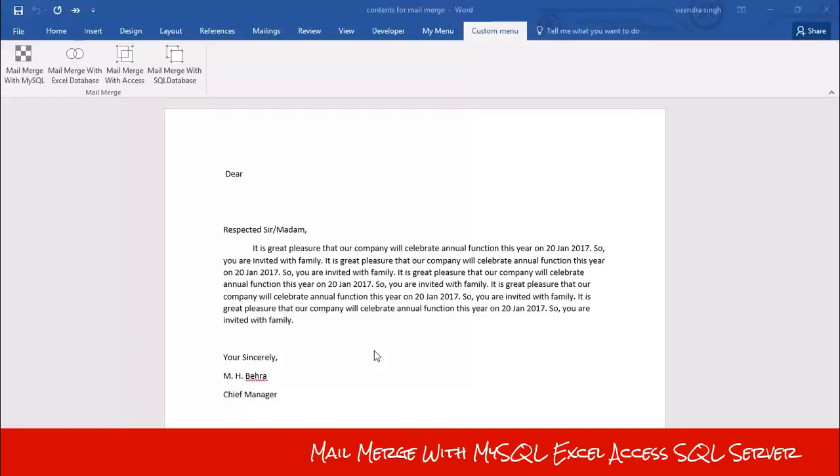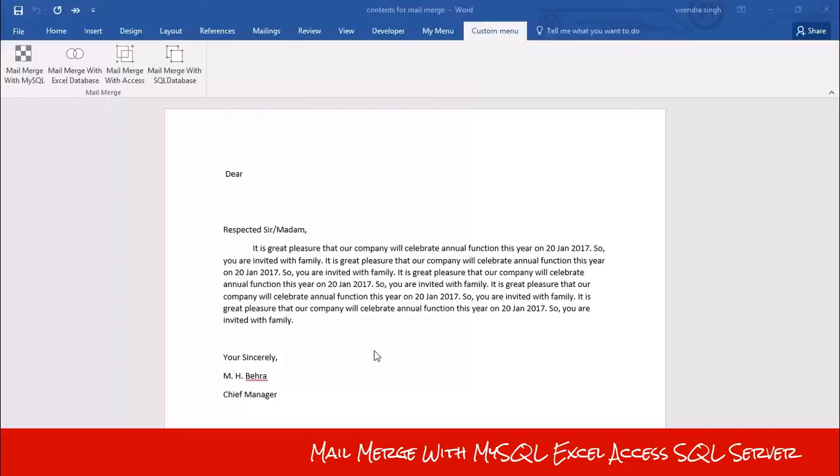You can create a number of fields in these databases, such as name, address, postal code, etc., and you can save it on your local computer or any server.